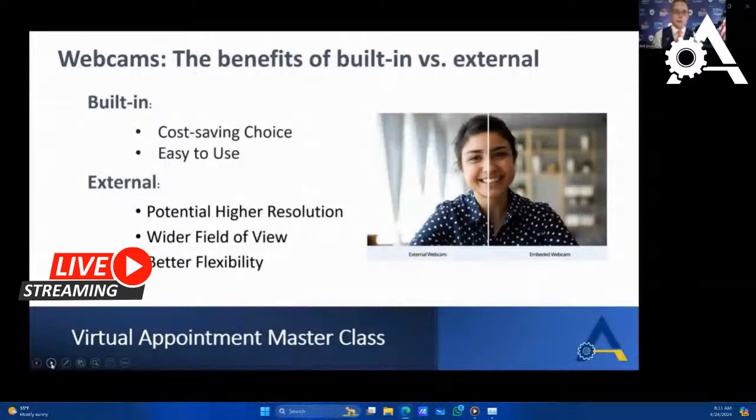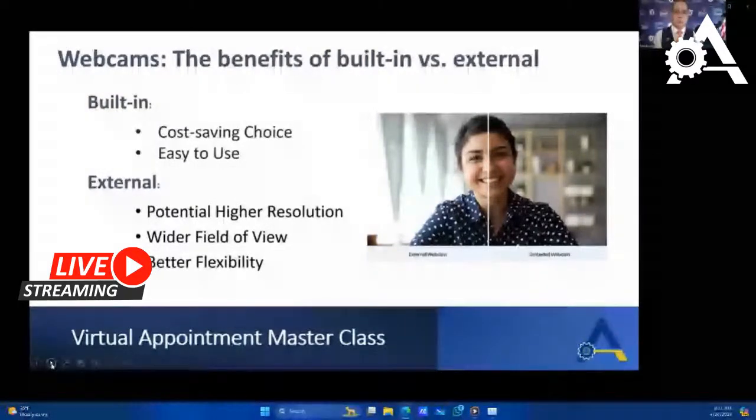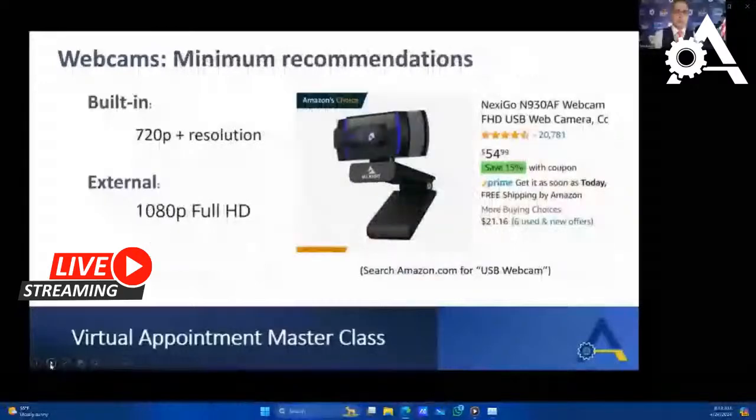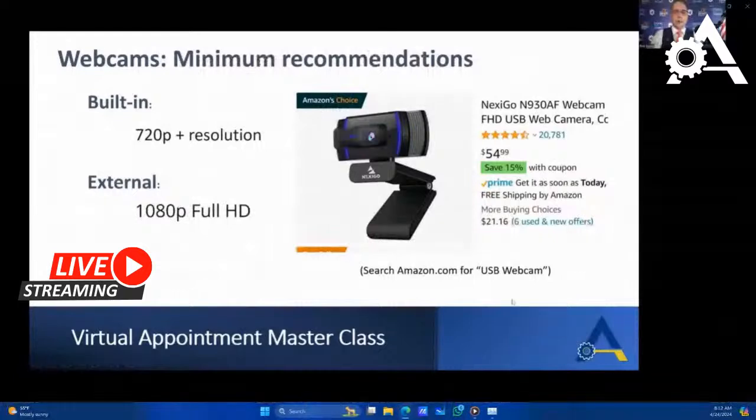I say, if you have any doubt whatsoever, I encourage you to use your built-in camera just for the sake of simplicity. And I'll go over how you can compensate for that in a few minutes. And then again, external, better flexibility, we talked about that, but let's move on. Keep it simple, do what you can, work with what you have. If you do want to invest, I can make a few recommendations, but bottom line is, no matter what I recommend,